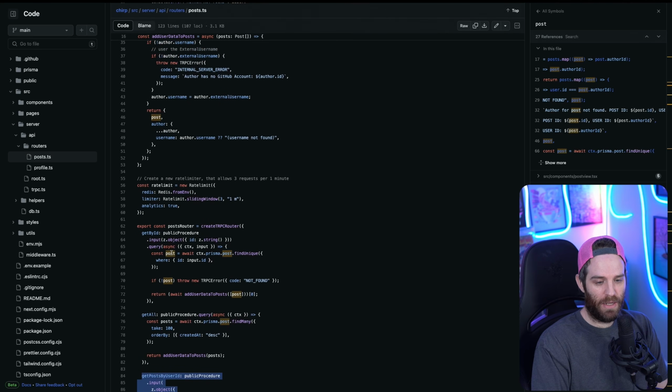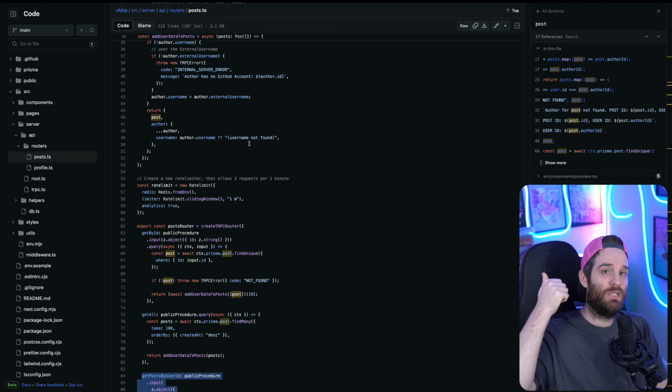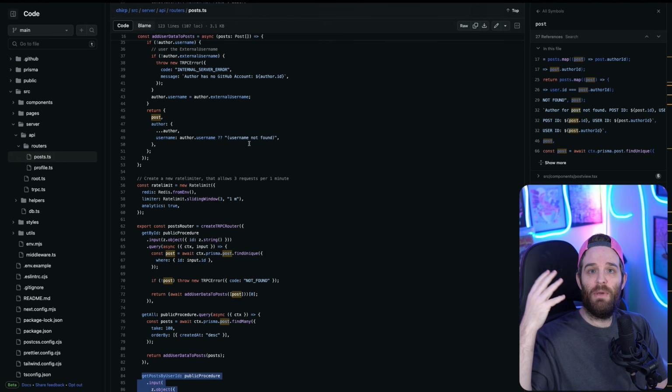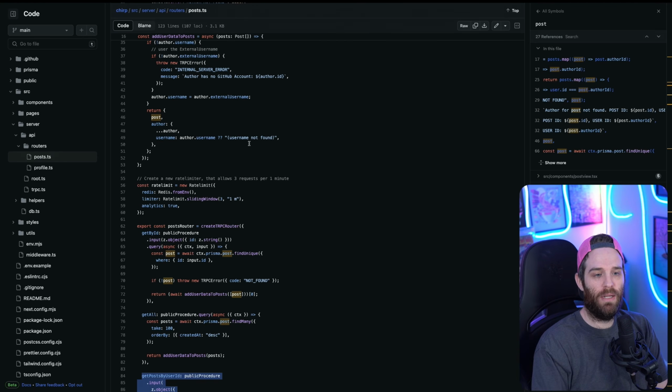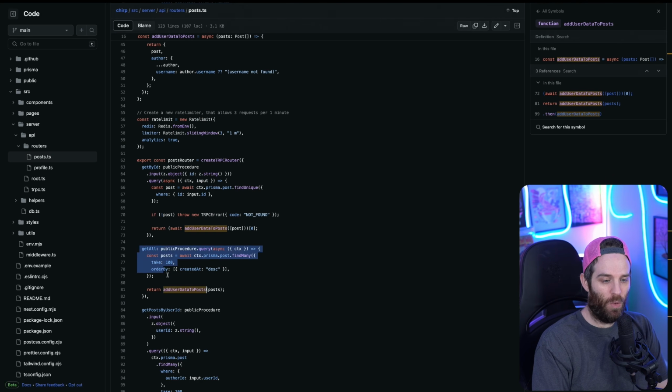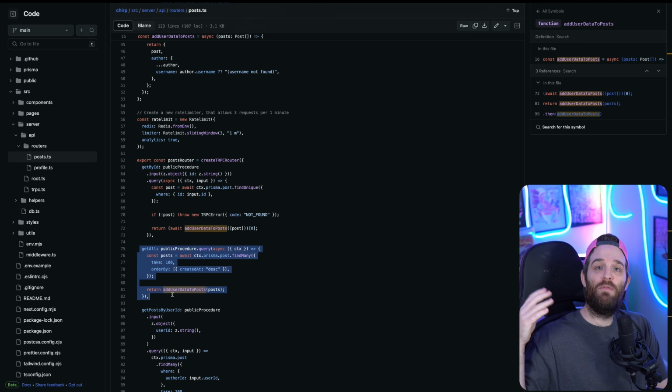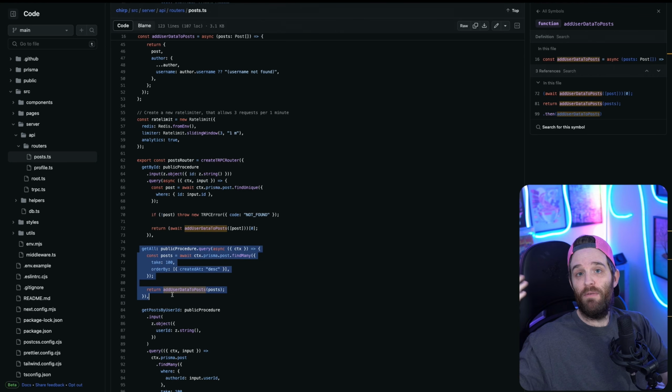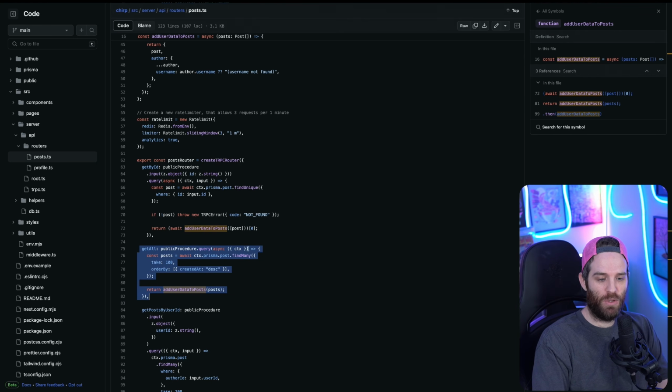But the big piece here is that nowhere is he having to fetch stuff from a database for the user's details, such as the profile, name, username, etc. That is all being powered by Clerk. So as you can see in this get all, which is the one that loads all of the information from every single emoji, he has this add user data to posts.